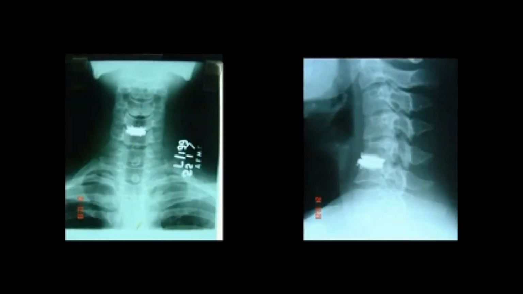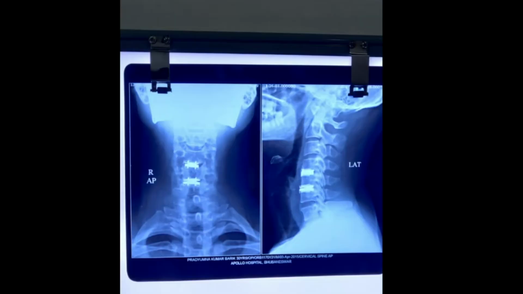This is one of the cases where the implant has been put, and this is the lady on day 1 of operation. You can see we do not put a dressing, we use Dermabond, and on day 1 itself the person where cervical disc replacement has been done, we test that flexion, extension, all the movements are possible.